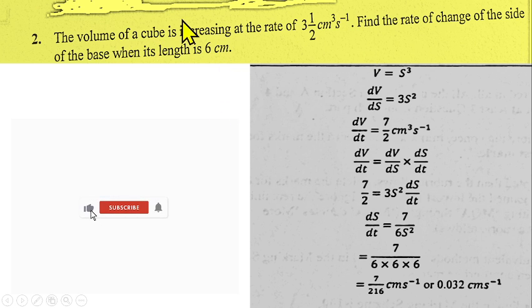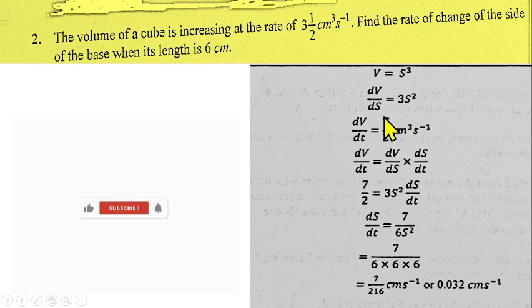Like I said, it's from differentiation, that is the application of differentiation. So the volume of a cube, what is the volume of a cube? Volume of a cube should be the side of the cube cubed. So if the side is x, that means the volume will be x cube. Then we can differentiate V with respect to x. That should give us dV/dx equals to